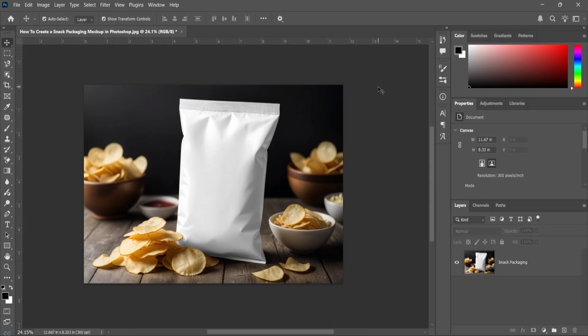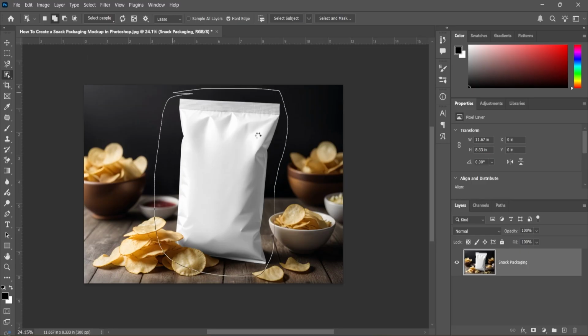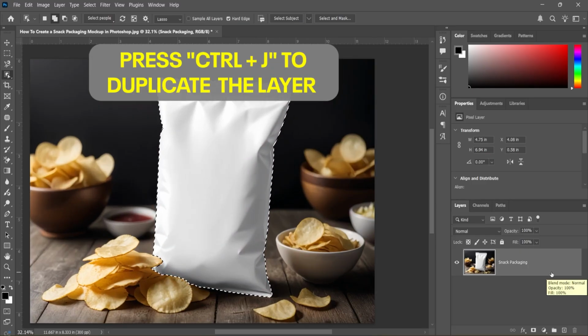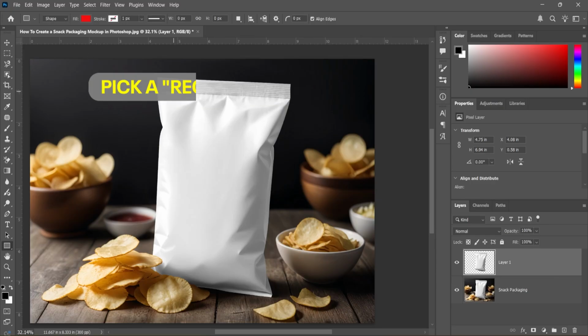Today in this video, I will show you how to create a snack packaging mockup in Photoshop. So let's get started. First, make a selection of the snack pack. After making a selection of the packet, press Ctrl J to duplicate the layer. Now pick a rectangle tool and draw a rectangle to the packet size